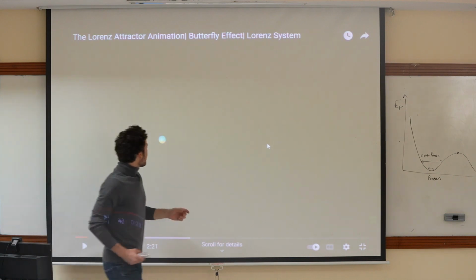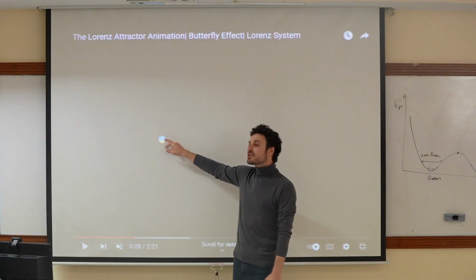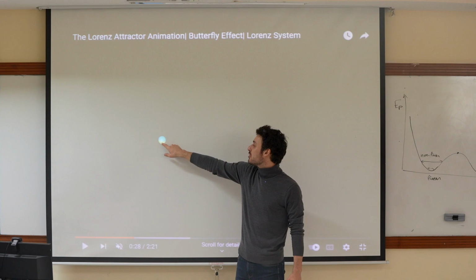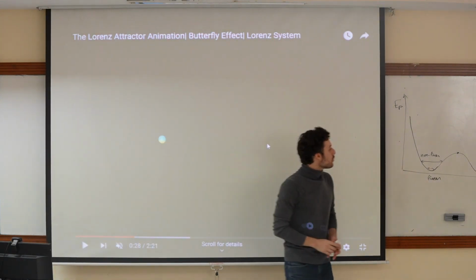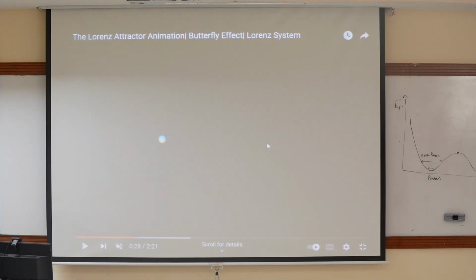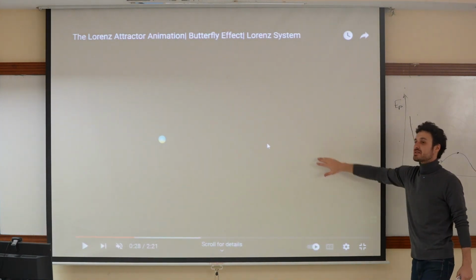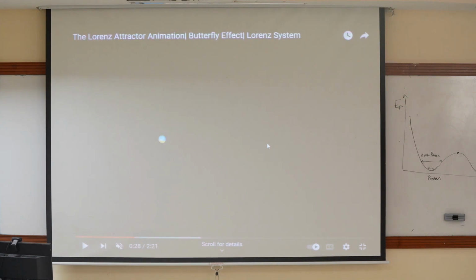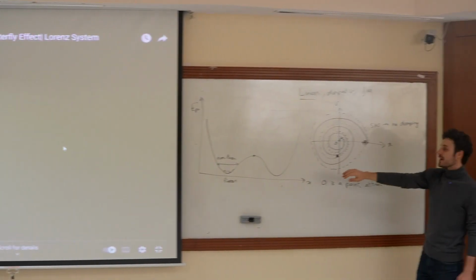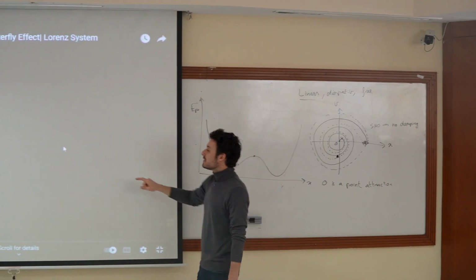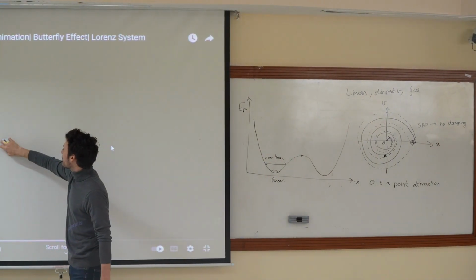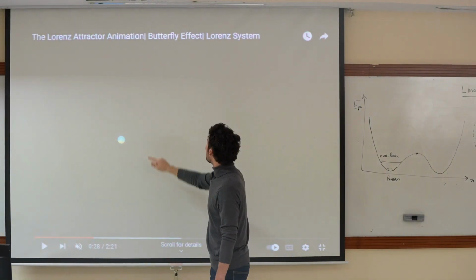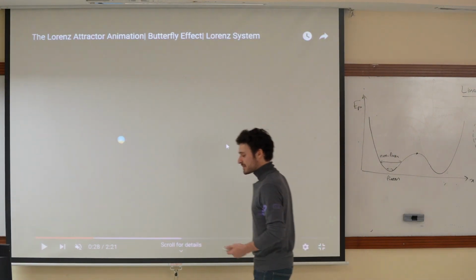So what is this? Here, I started out the system in two initially very, very close positions. So there's a yellow ball and a blue ball. They represent where in the phase space you're initially dropping your system. And then what we're going to see is how this thing evolves with time. So what you're looking at here is evolution in phase space, right? So evolution in the space of the system variables, not in time. Basically, the evolution in time is the trajectory. So as the ball moves around, it draws the trajectory in phase space.